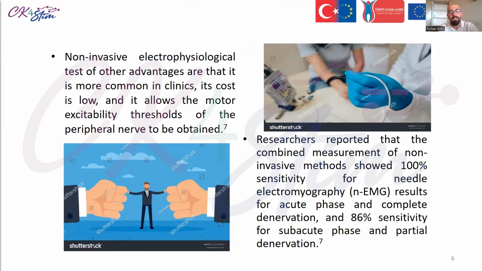Other advantages of non-invasive electrophysiological tests are that they are more common in clinics, their cost is low, and they allow the motor stability threshold of the peripheral nerve to be obtained. Studies have shown that non-invasive methods provide information about the stability of the nerve and provide the opportunity to reliably monitor the nerve healing process. Researchers reported that the combined measurement of non-invasive methods showed